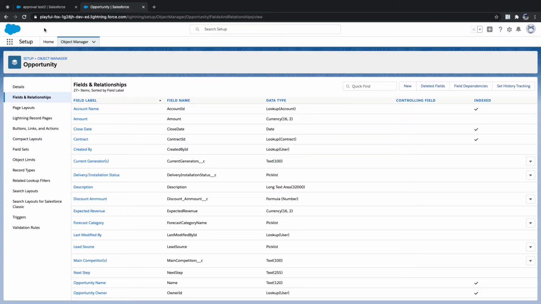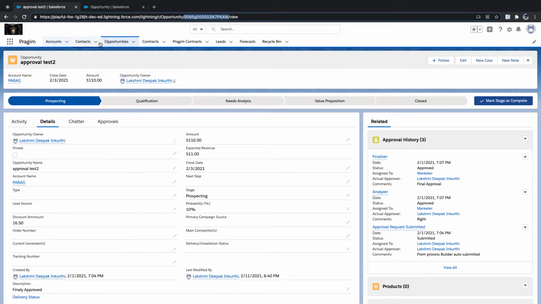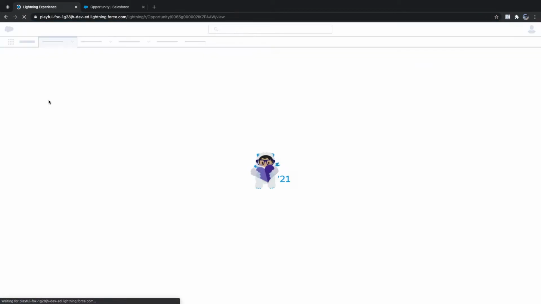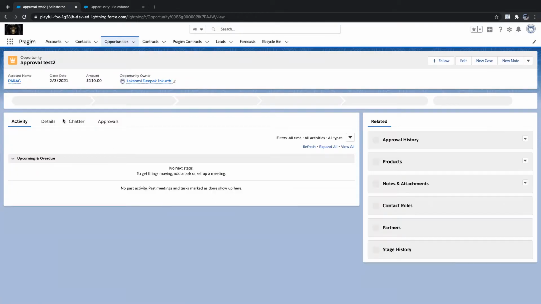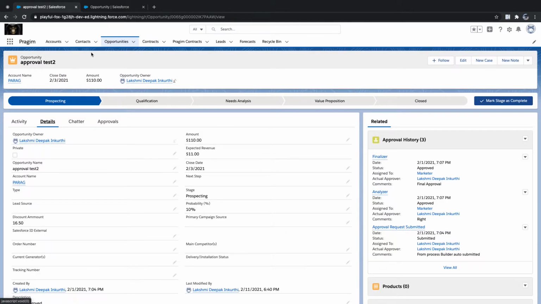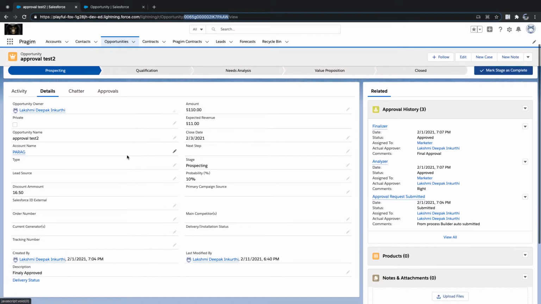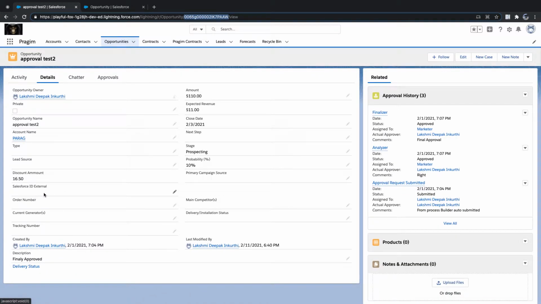Now understand the scenario. We have an external ID created, but that external ID needs to be filled with the opportunity ID. Clear? Imagine this way, if you are creating a record and based on, in before